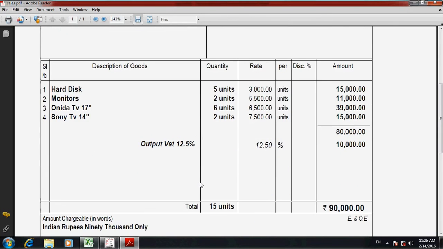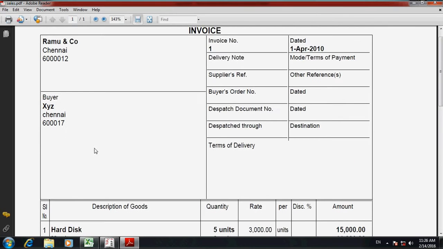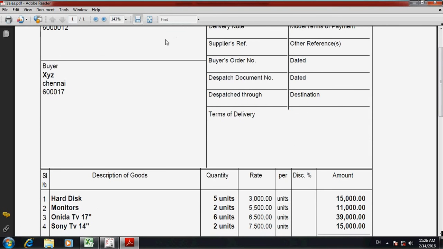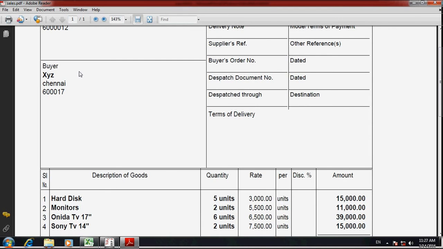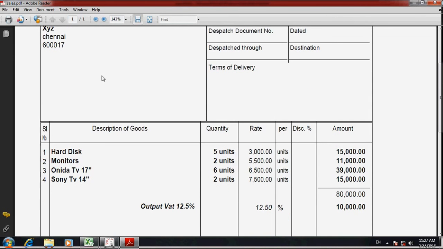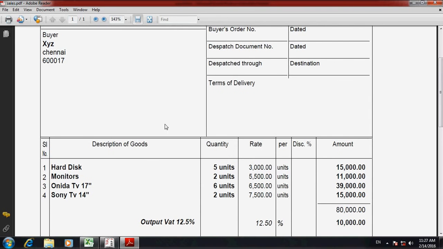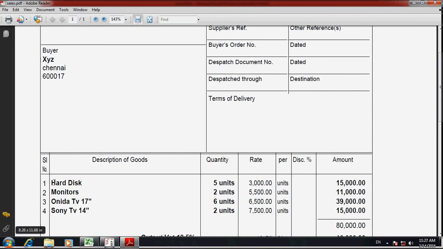So we are selling these items to XYZ. So go to accounting info, create ledgers: XYZ 1, then sales ledger 2, and another is output VAT 12.5%. So three ledgers you have to create. These stock items we have already created, so there is no need to create these names again.